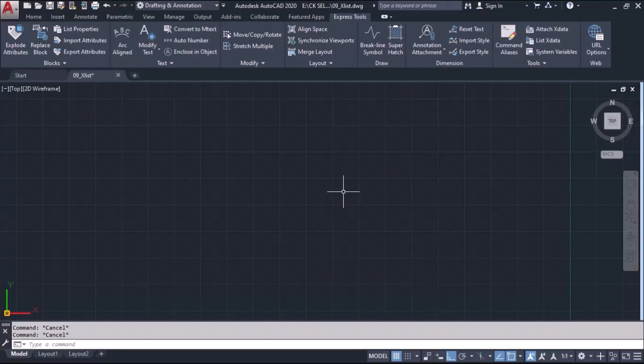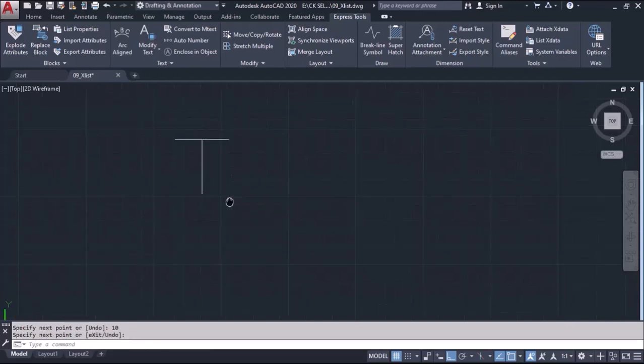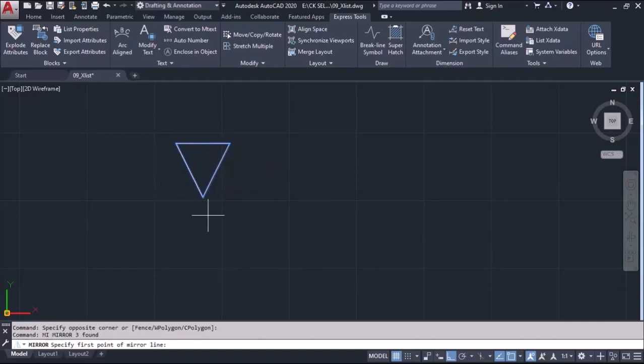Here I'm going to design one block with some properties. We'll take a small line of 10 distance and one 10 distance here, and we're going to connect these two lines with each other, and I'm going to mirror this complete object from this point, enter, and I'm adding one circle here of some